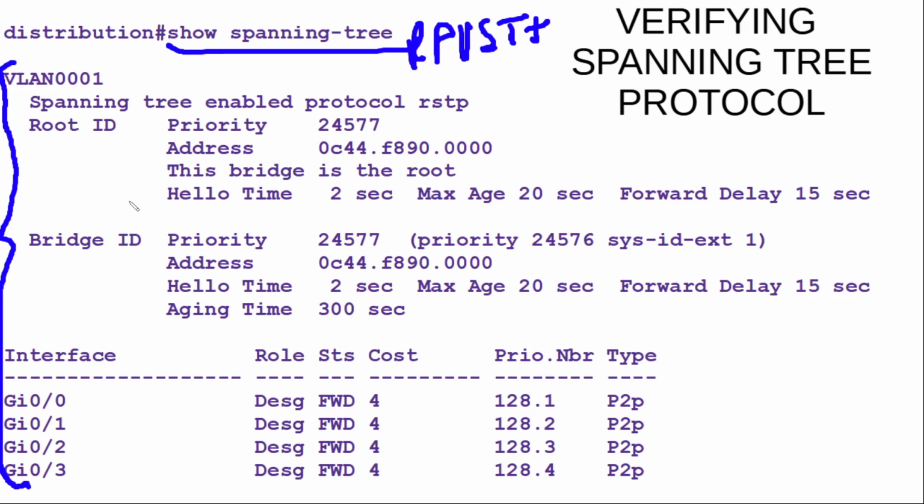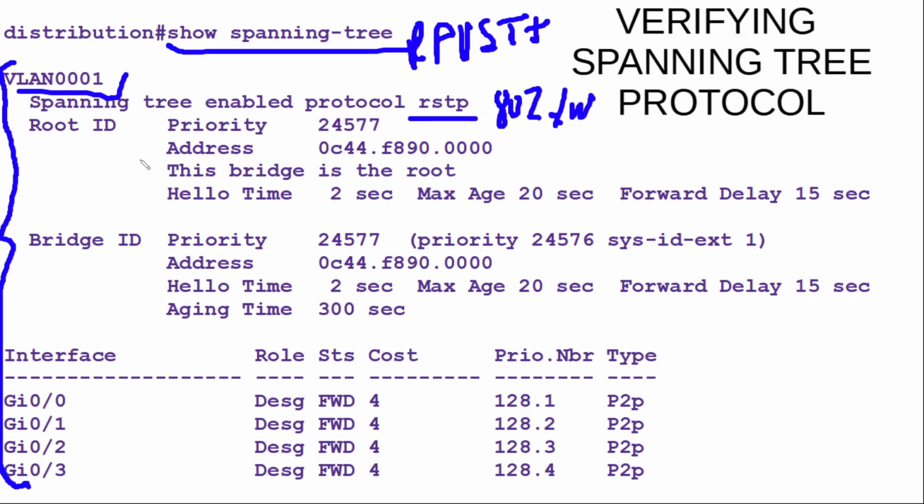So if you had 20 VLANs, this output will be multiplied by 20, and the output tells you to what VLAN it belongs. In this case, VLAN 1, and then you will be shown VLAN 10 and VLAN 11 and VLAN 20 or whatever VLANs you have. Now, it will tell you what protocol you are using. In this case, RSTP tells you that you're using